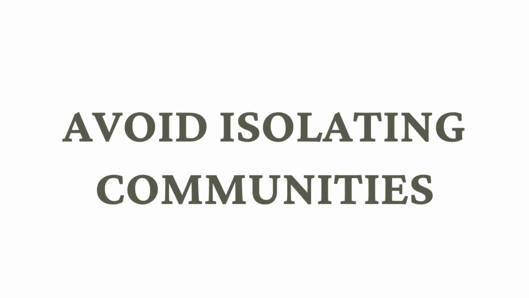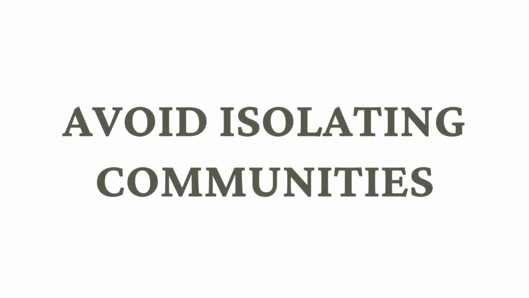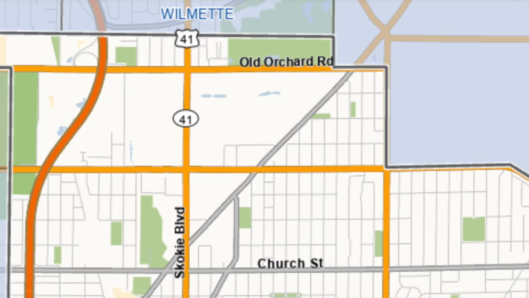Another consideration is making sure, as best as possible, that you're not cutting neighborhoods off from each other. An example would be the residential area that's north of Old Orchard Road and east of Skokie Boulevard. That's a neighborhood that could be isolated because of Memorial Park and the hospital and so forth. So to me, it's important to create a way in which that neighborhood, as an example, is connected